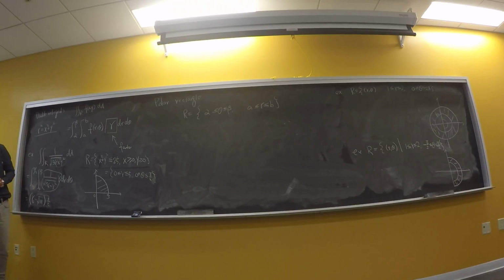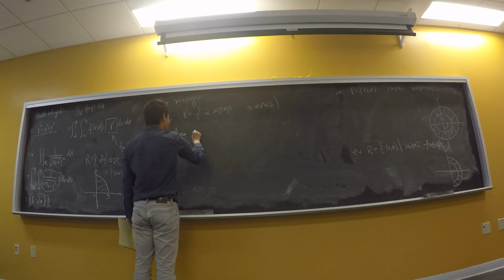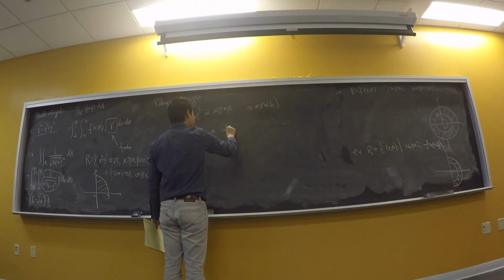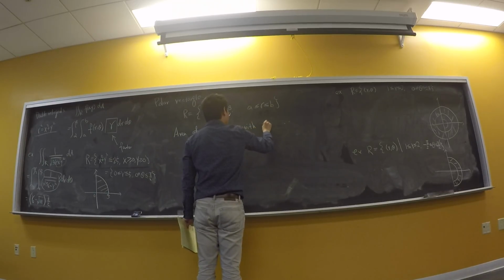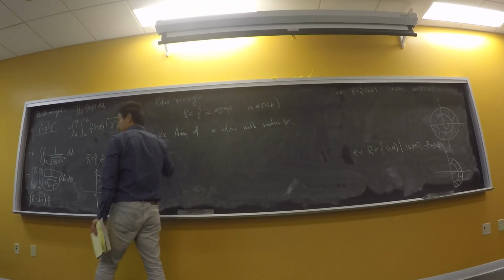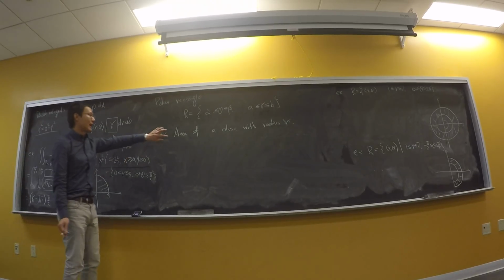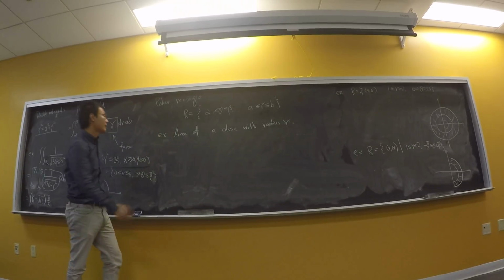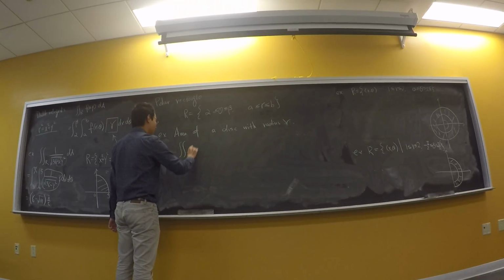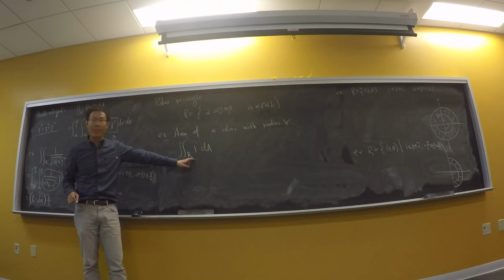For instance, I want to find the area of a disk with radius r. So this is my problem. The very first step, I can easily write down the formula required here. I need to do a double integral of the constant function 1, which is what we just discussed. So it becomes